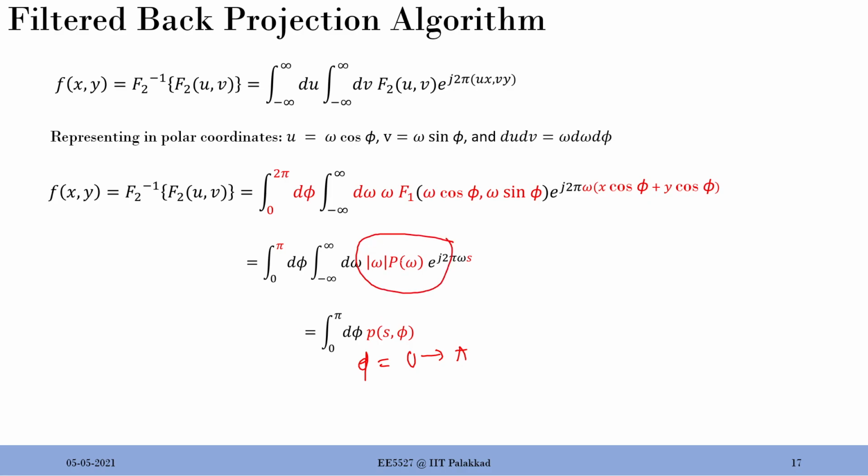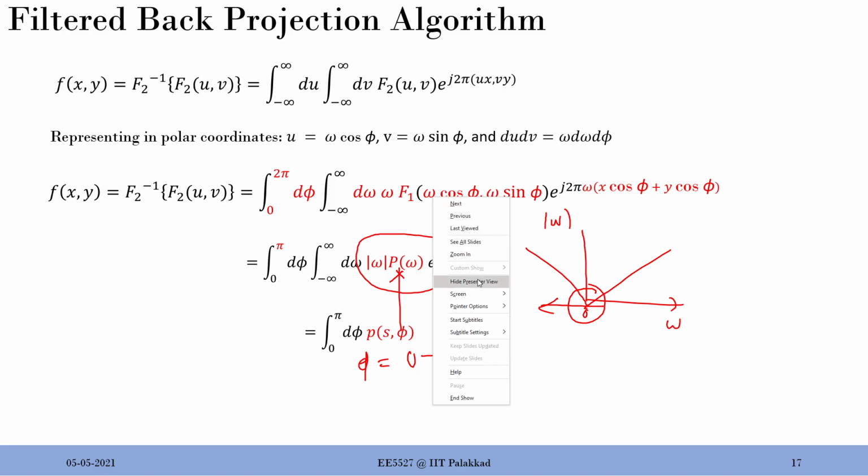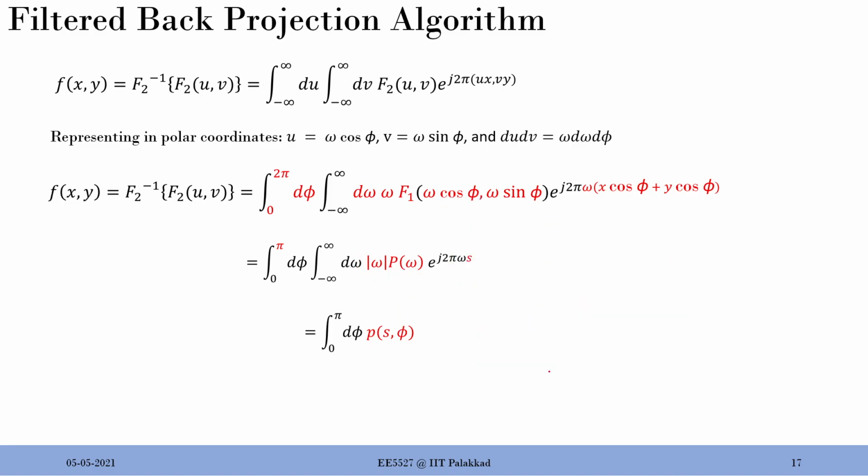We are taking the Fourier transform of that slice, exactly this, and then I'm going to multiply by something which, if I plot against omega, so this is omega and this is absolute of omega, looks like this. So the low frequencies, this is 0, are suppressed, and high frequencies are preserved as they are. This is the filtering that is inherently available inside this algorithm, and that is why we call it the filtered back projection algorithm.